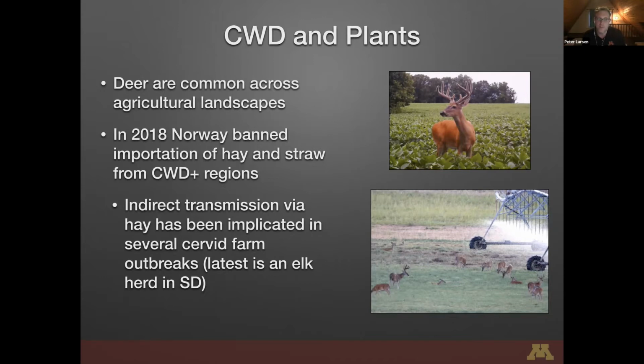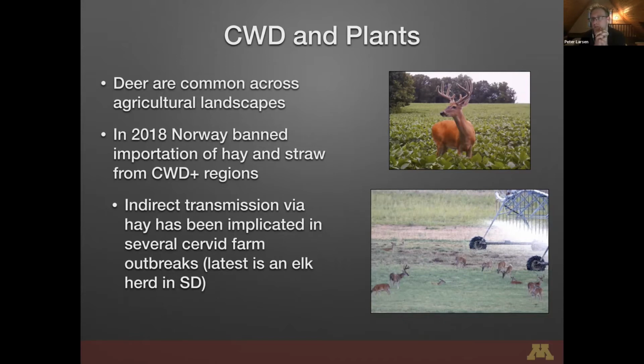And what they came to was that there were hay bales being brought in from an area that had CWD positive animals in the wild, and on the alfalfa field there were CWD positive animals. And so they're hypothesizing that the elk farm that went positive recently in South Dakota was, to the best of their knowledge, and if they understand all the things that were entering into that farm, their hypothesis is that it came